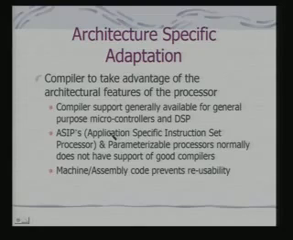Next we shall talk about other architecture specific adaptations. These architecture specific adaptations refer to processor architecture. The compiler needs to take advantage of the architectural features of the processor. So it can be for DSP, because DSP instruction set and architecture is different. There can be ASIPs, application specific instruction set processors, and parameterizable processors normally do not have support of